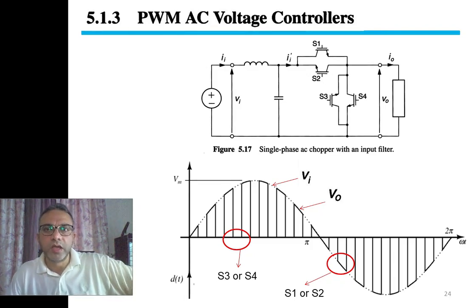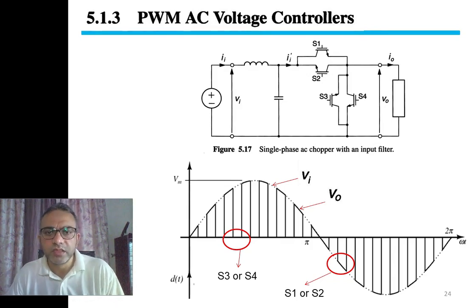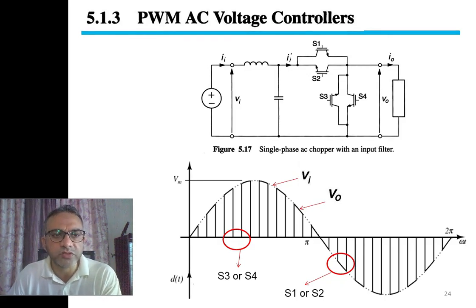This is a very important procedure to understand. It's very simple also: once we want to make the input voltage available at the output voltage, we turn on S1 or S2. In the case of positive half, S1; in the case of negative half, S2. Then if we want to have output voltage equal to 0, which is a very essential part for PWM in this case, then we turn on S3, S4, or both of S3 and S4.